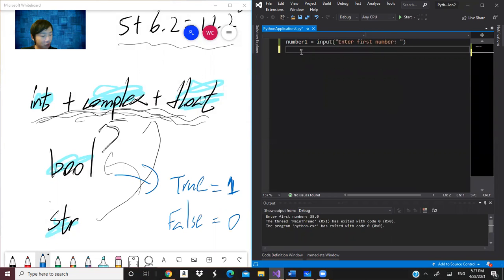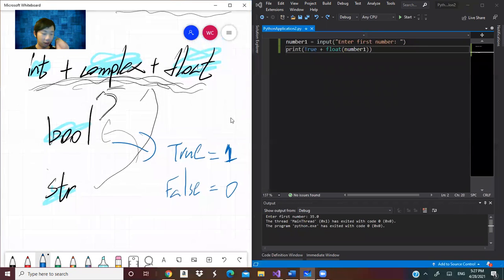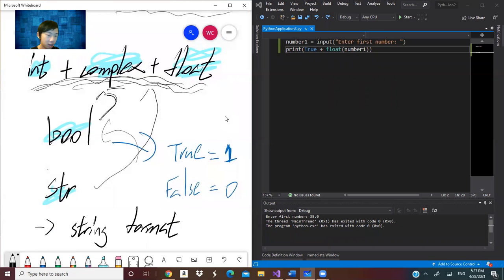So here's the first method. The second method I'm going to cover later, in the next tutorial, where I will explain the string format. The next method will cover the string format.